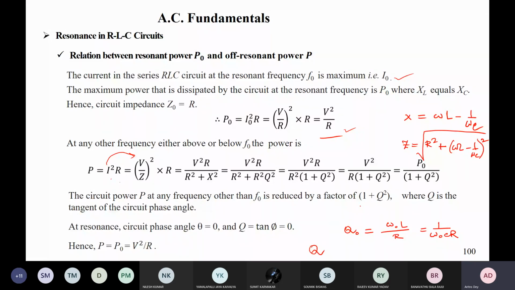It is basically (omega L minus 1 by omega C) into I divided by I into Z, isn't it? So it is reactive power and the total power, or instantaneous power. So if these two are cancelled out, then you can write X in terms of,